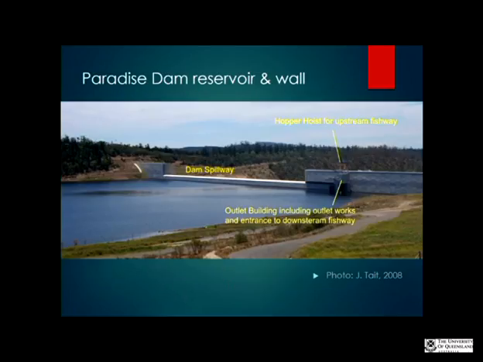But in this case, the objection itself wasn't successful. The project was approved, and it was approved with this condition that required them to put in place a hoist, basically, to allow for a fishway. So what you can see here is there's the spillway, and you've got an entrance coming in from the water to allow the fish to go downstream, and then there is a lift that moves up, a hoist that hoists the fish up the river. So one way of the fishway helps them go down, and one way helps them go up.